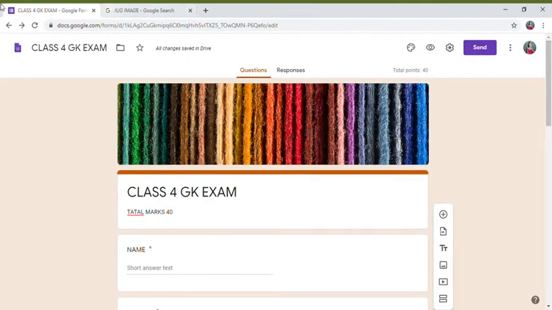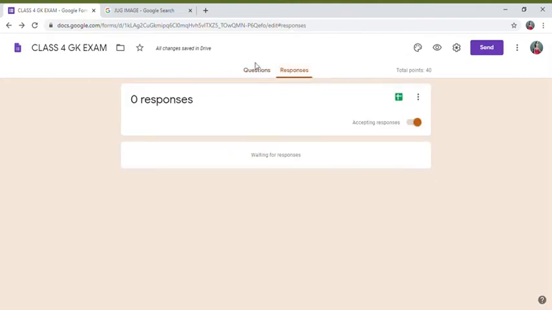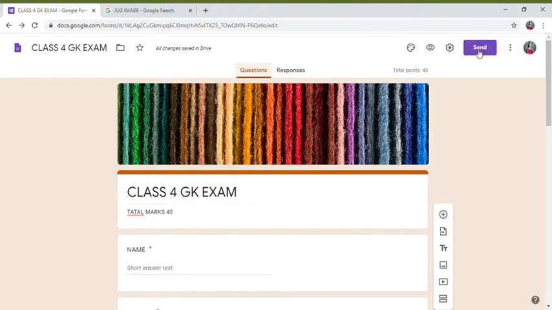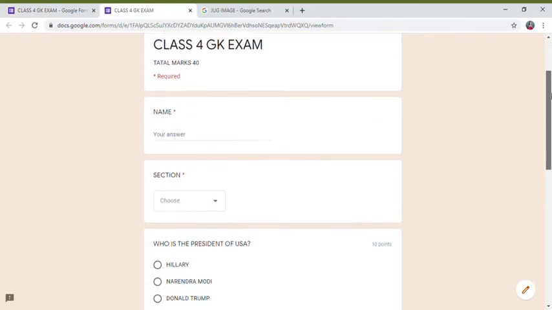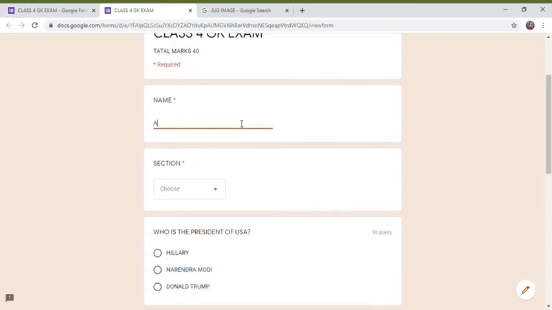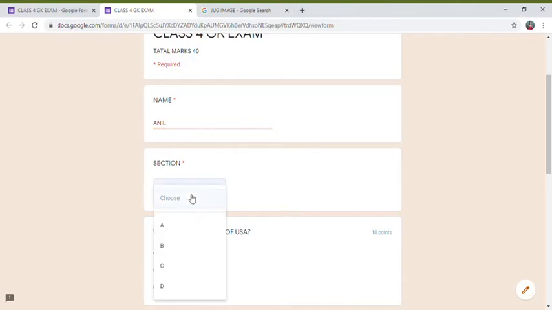How to see the responses now? Right next to the question there's responses. So for a demo, let me solve one paper. Click on preview. I'm just going to solve a mock paper really quick.